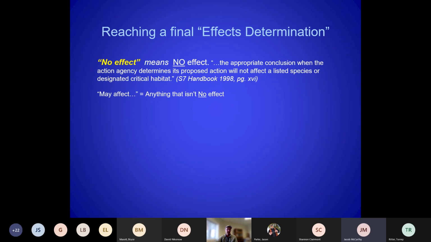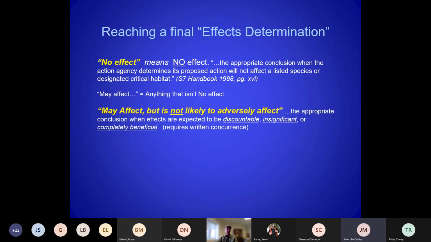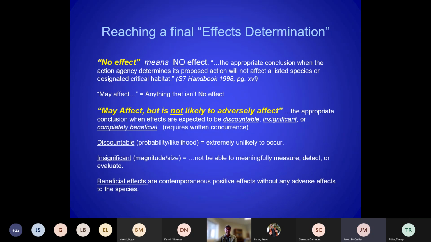The next option is may affect. And if it's may affect, not likely to adversely affect, that's the endpoint of an informal consultation. So in that case, the action agency would consult with us. They would ask us to concur with their not likely to adversely affect determination. The three reasons why it would be not likely to adversely affect are if the effects are discountable, insignificant, or